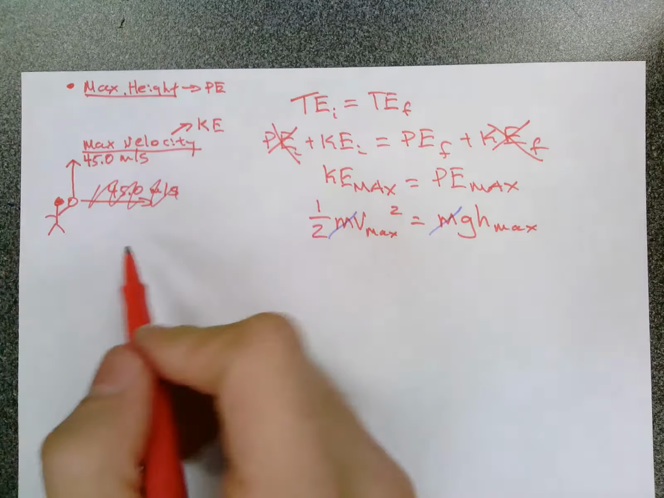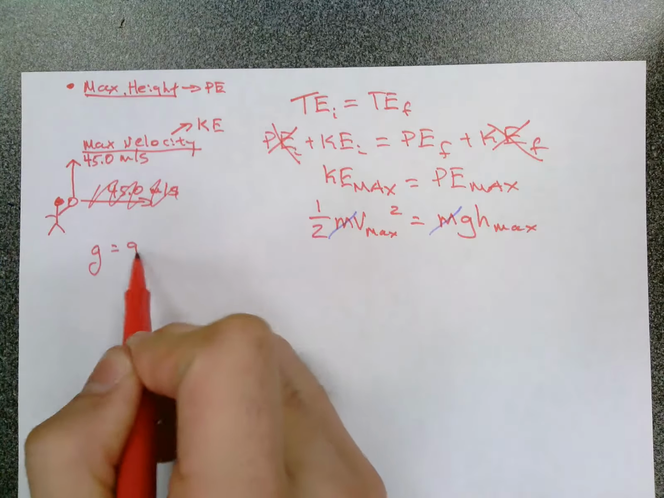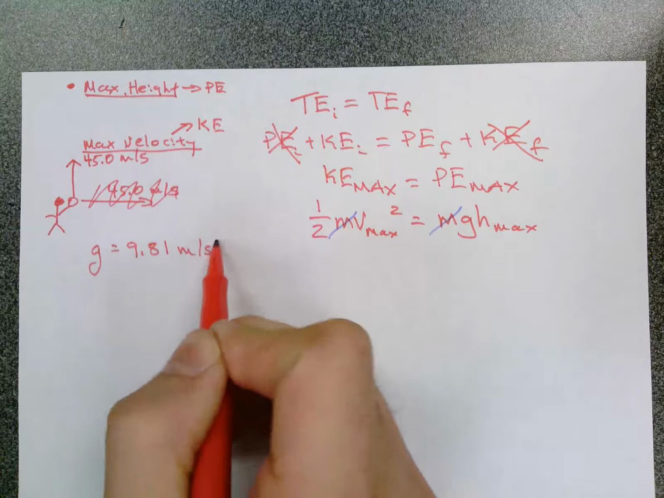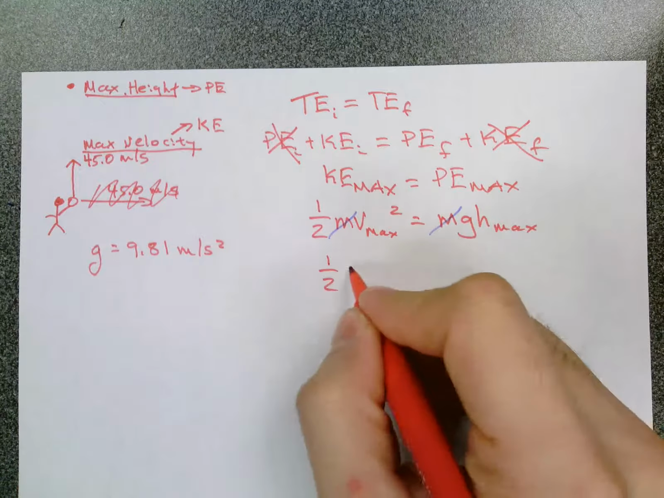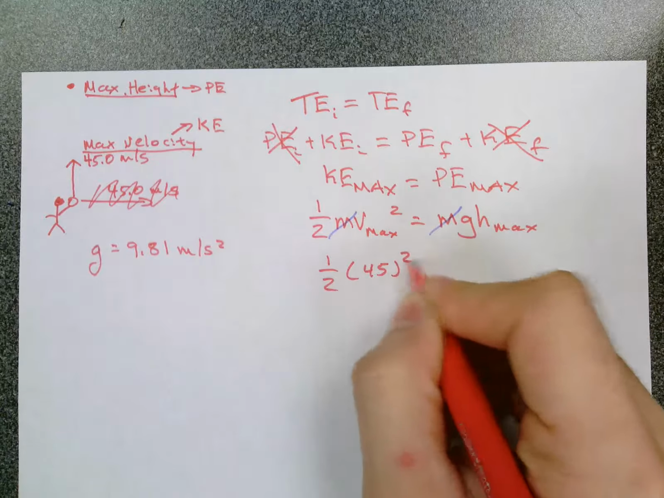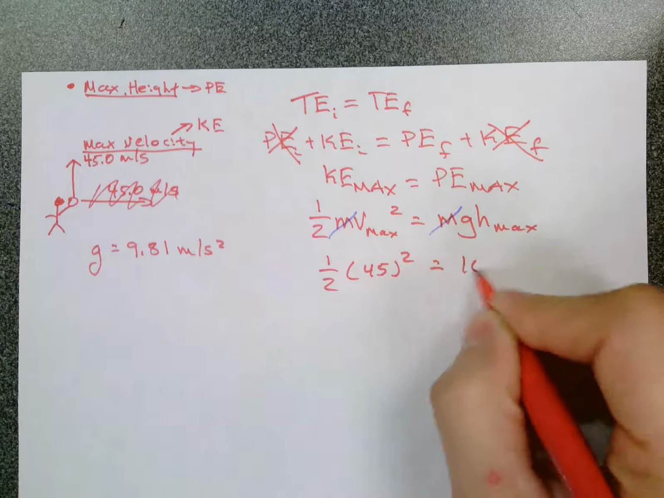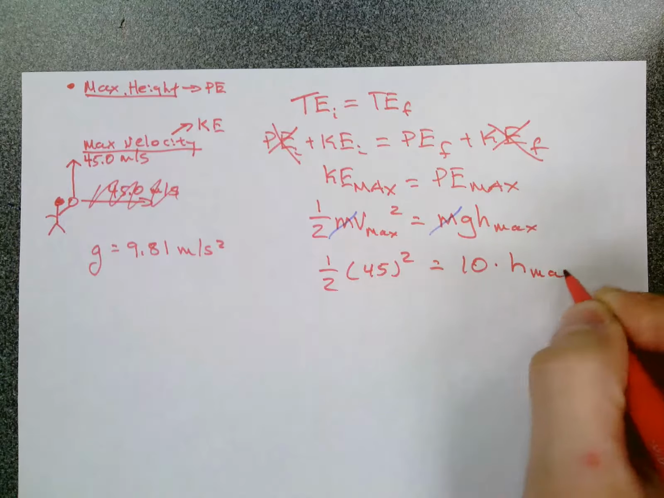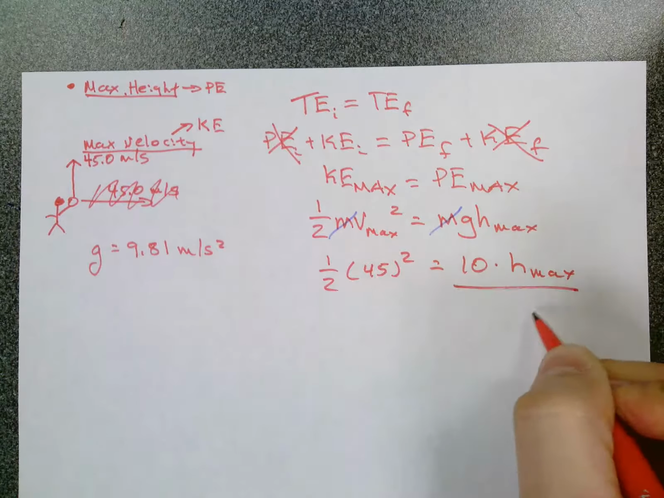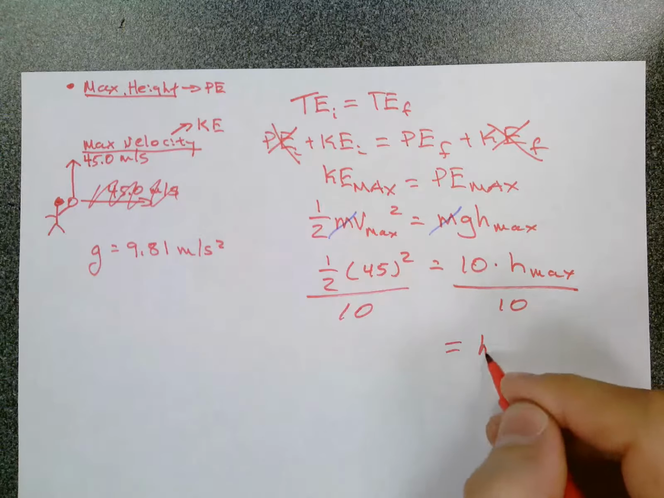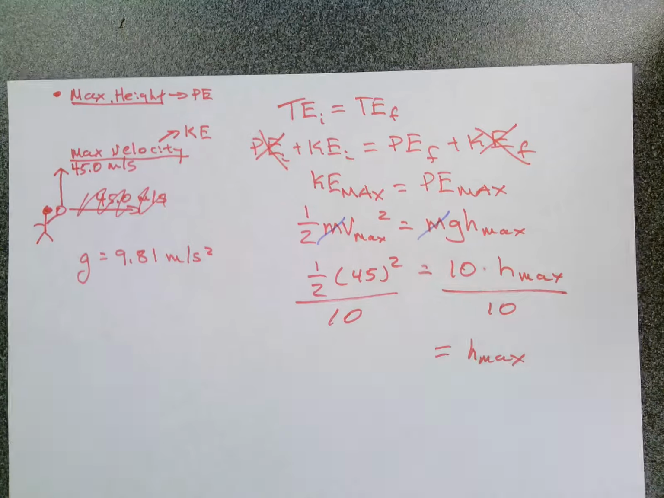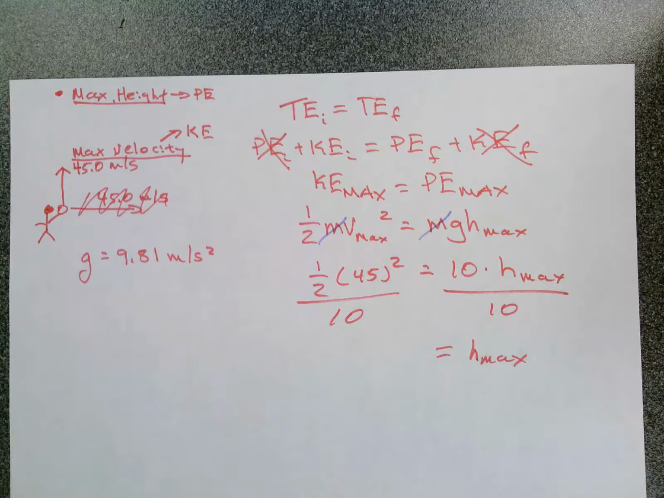And what we can use is g of 9.81 meters per second squared. 1/2 times 45 squared is equal to 10 times h max. To isolate h max, you divide by 10 on both sides. You get a maximum height of about